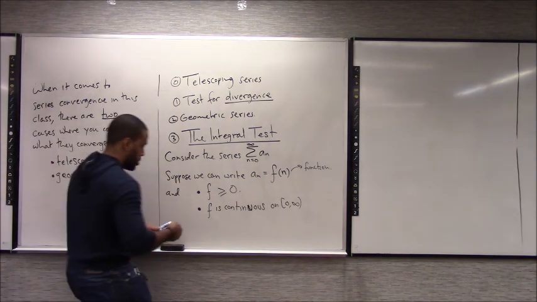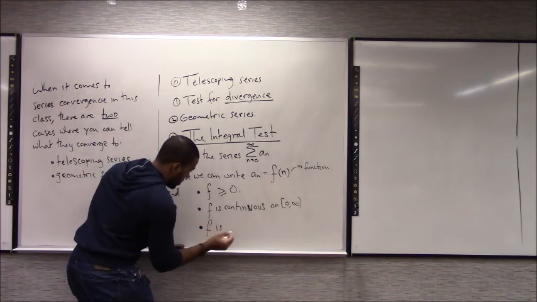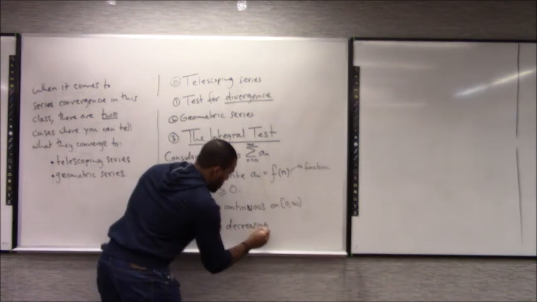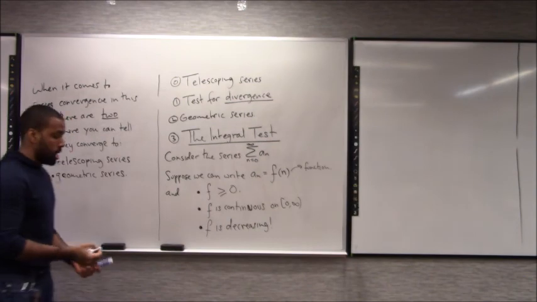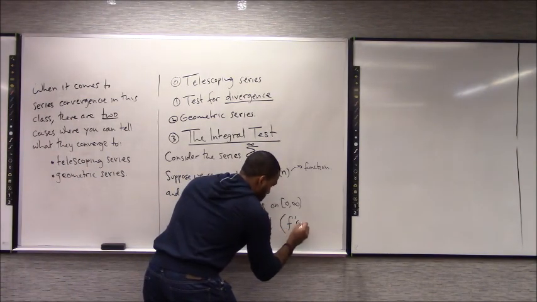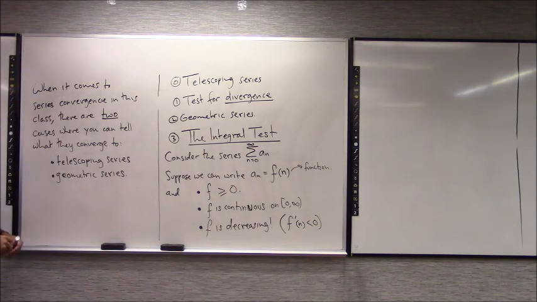And three, f is decreasing, which means it's getting smaller over time. One way you can actually check this is that your f prime is going to be less than 0. So if you have a positive continuous function that is decreasing,